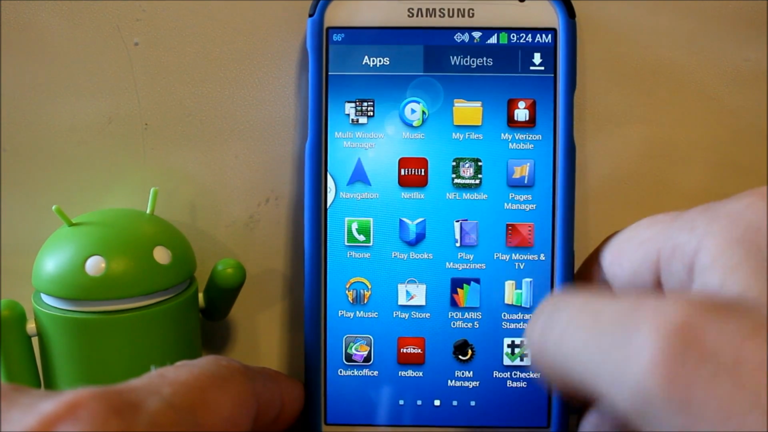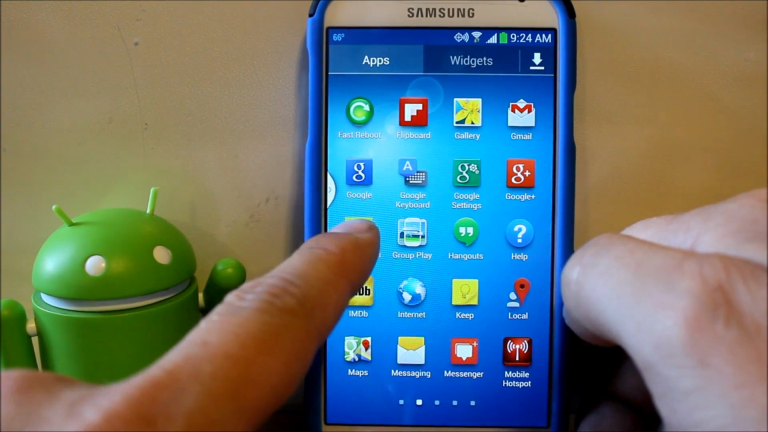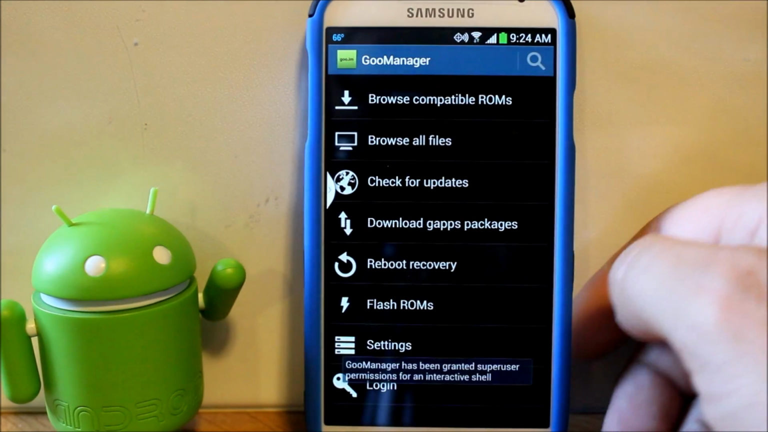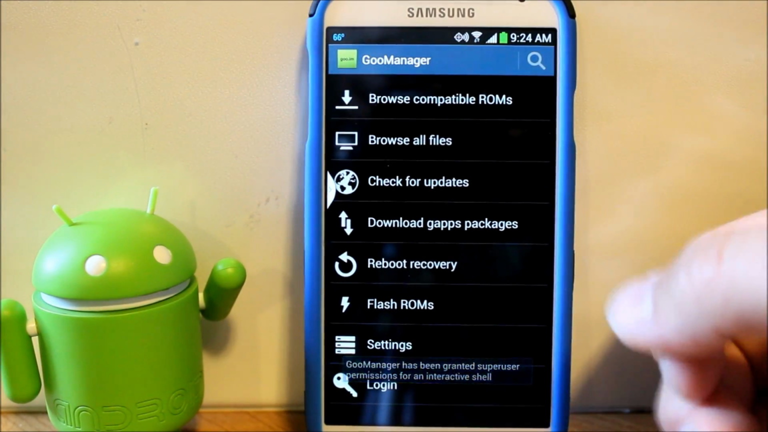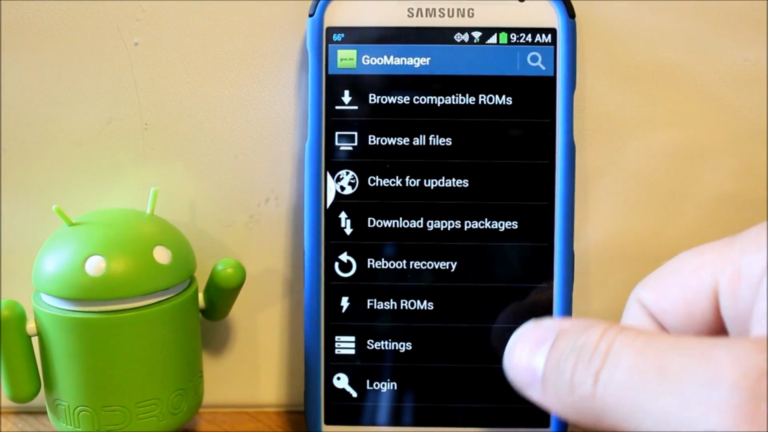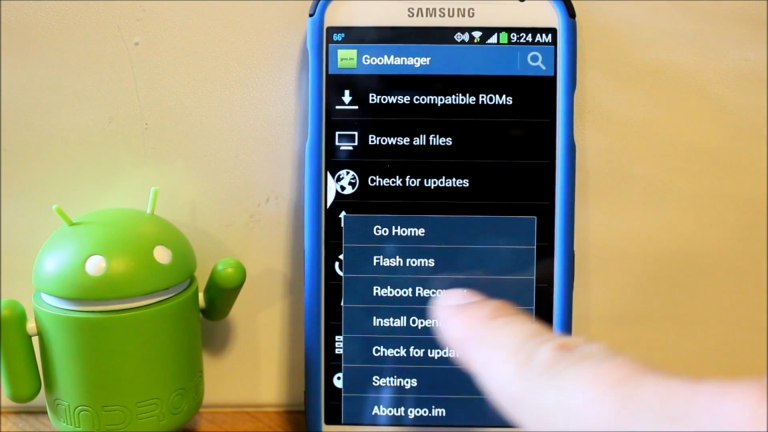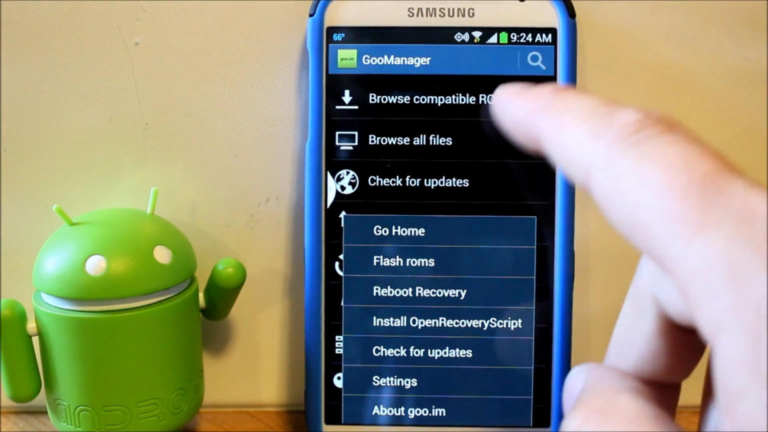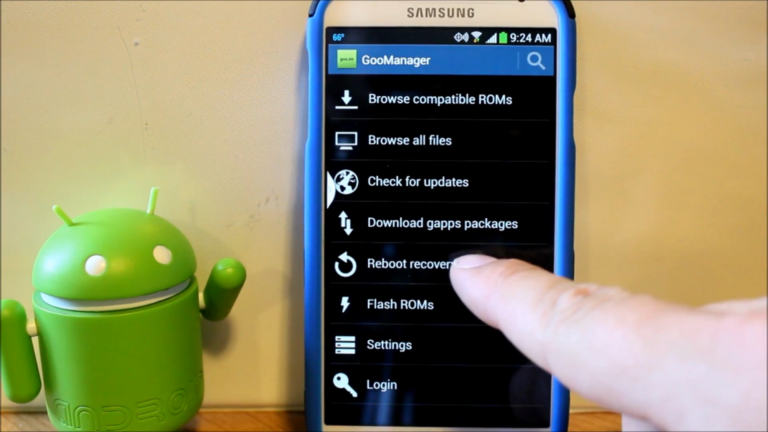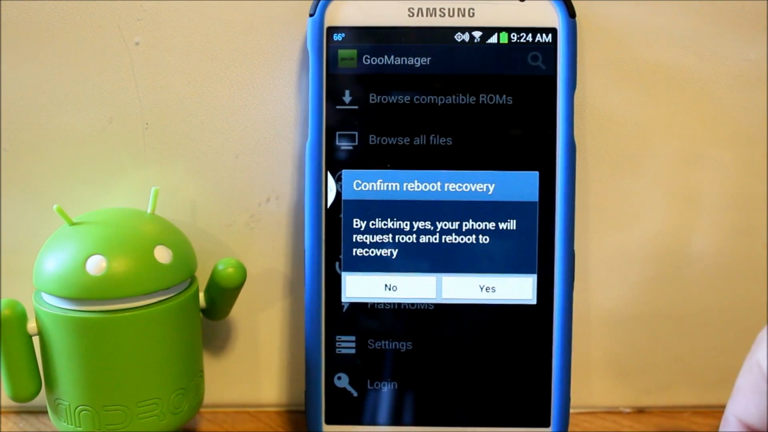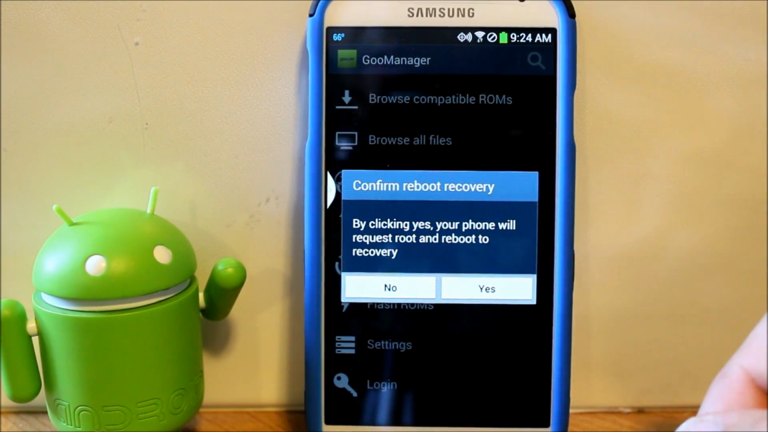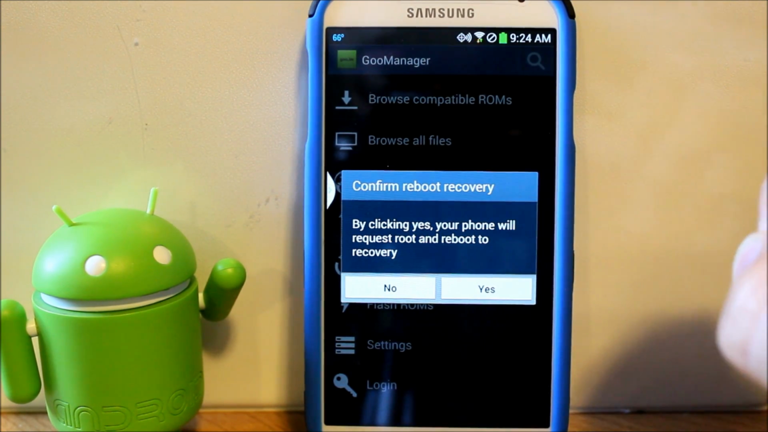To do that, I like to use GooManager, if I can find it, right here. With GooManager and root access, you can actually install recovery through it too, by hitting right here and selecting install OpenRecoveryScript if you have root access. So I'm just going to go ahead and hit reboot. I've already installed my recovery, so we're going to reboot, and obviously you're going to want to have your ROM